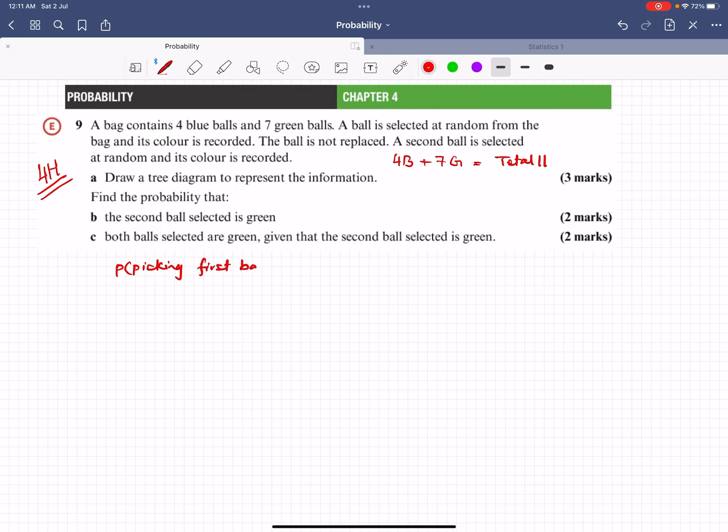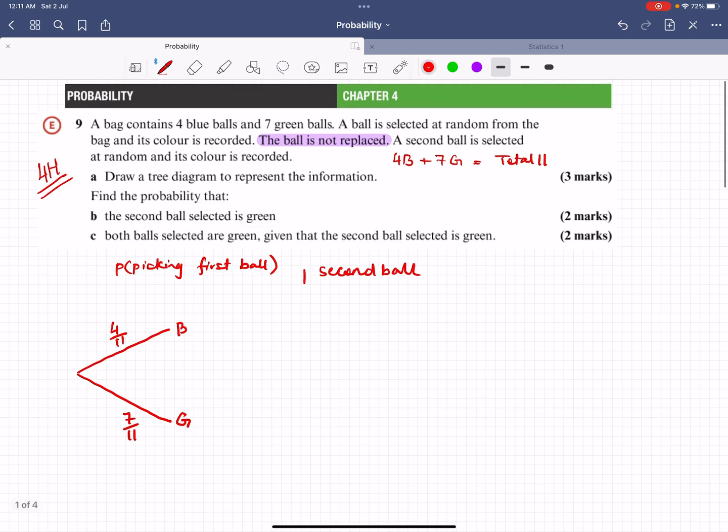Since we have 4 blue balls and 7 green balls, the probability of picking up a blue ball is 4 by 11, and the probability of picking up a green ball will be 7 by 11. So that's our first event, and we should remember, this is very important, that the ball is not replaced. So in the second event, our total reduces to 10. So let's move on to our second event, which is